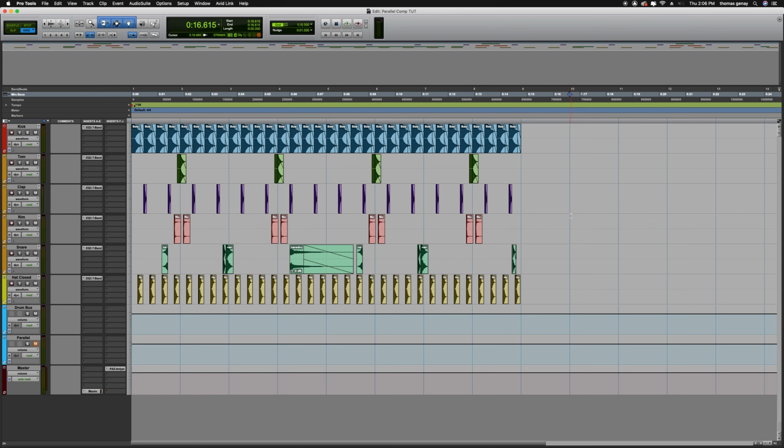Today, we will be discussing parallel compression. This one's going to be a little bit more of an advanced production tip, if you will. So I'm going to already assume that you know how to set up bus routing and stuff like that. We're just going to get into how to do some parallel compression, and I'll just go ahead and show you